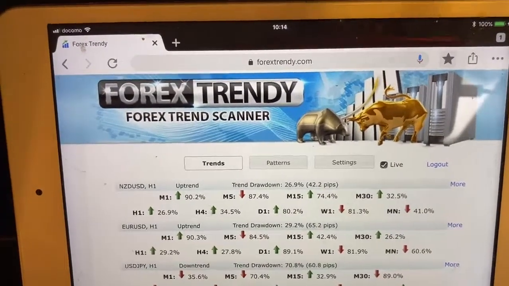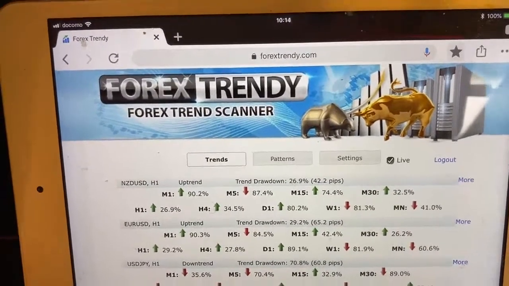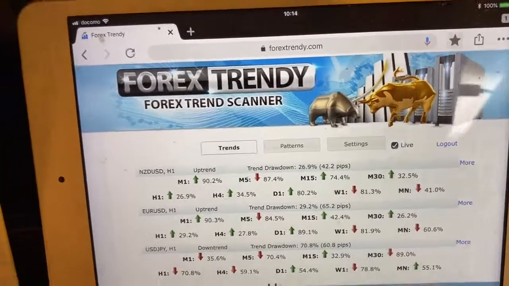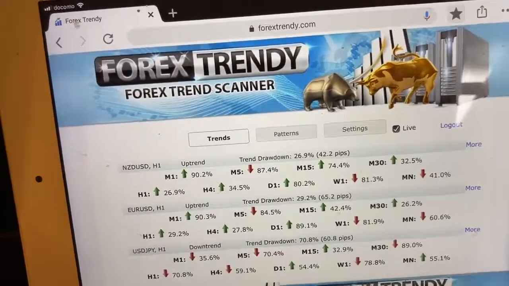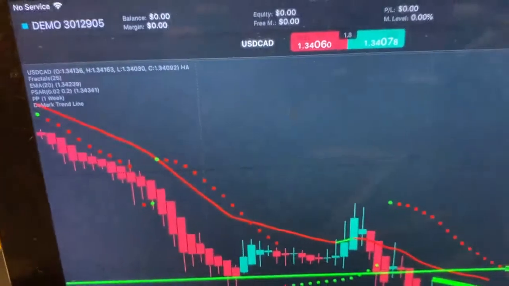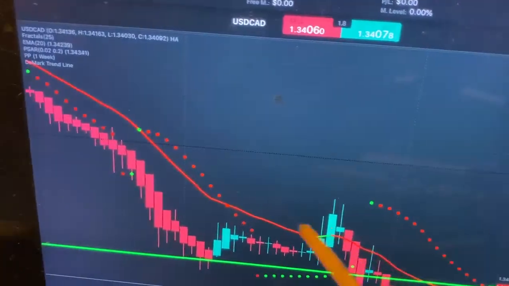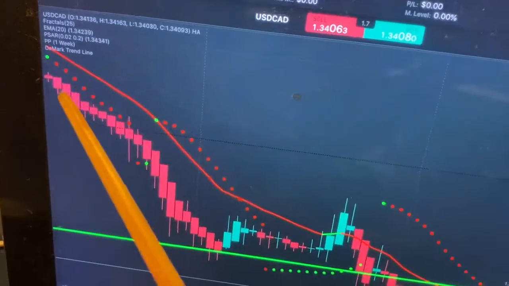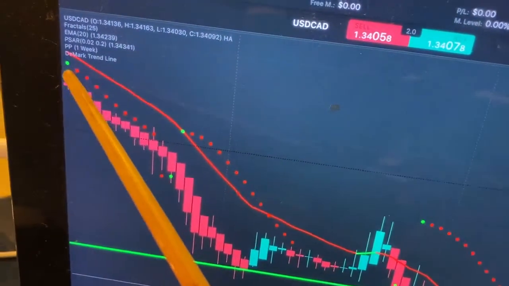Okay, let's go and see CAD. I see CAD. Now, CAD is a good example of a trend going down right now. This is CAD right now going down. Like I told you on the uptrend, you wait for red on the low, but now it's a downtrend. Your entry should be the green